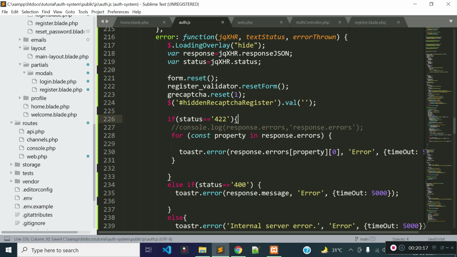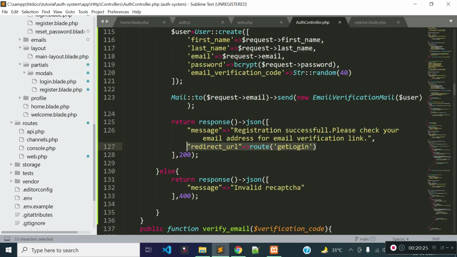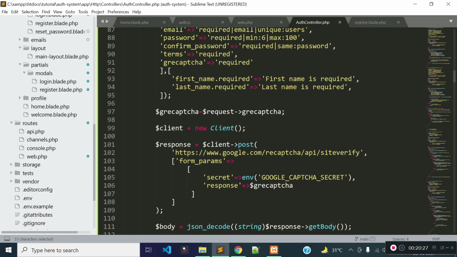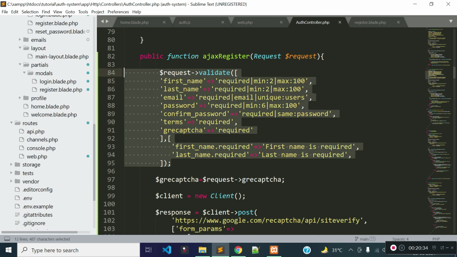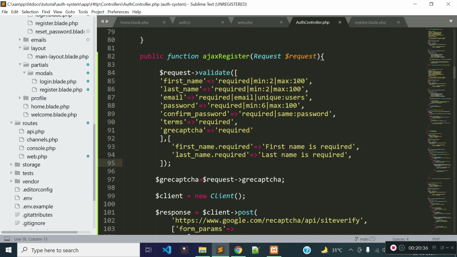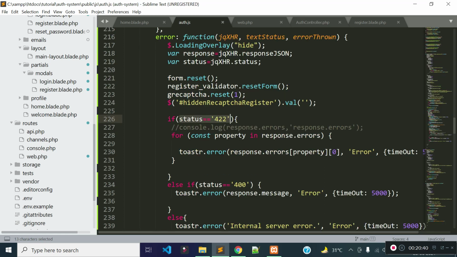And I'm checking whenever the status code is 422, that means there are some validation messages. That means validation failed, so we did not return any response code 422 ourselves. Laravel by default provides a 422 response whenever some validations fail on the server side. It will return a 422 status code with errors.